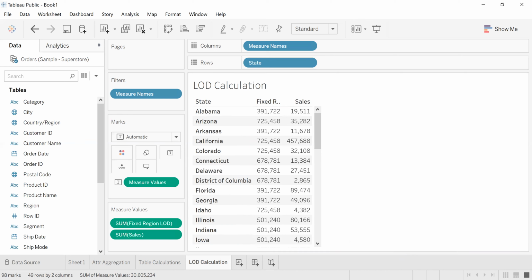I will explain the use cases for the fixed LOD, so that you will understand where I need to use a fixed LOD. I will explain two use cases.